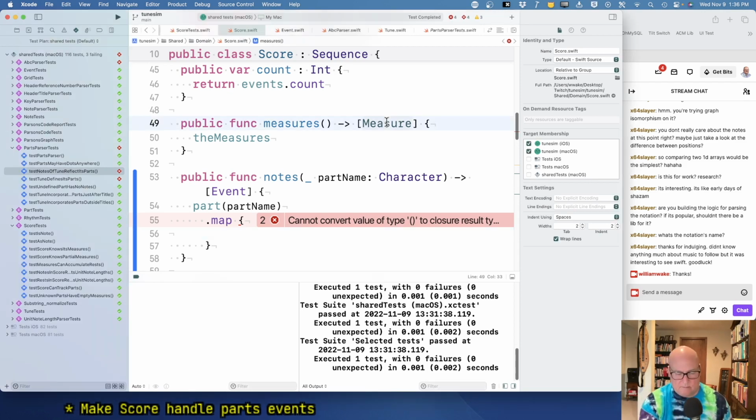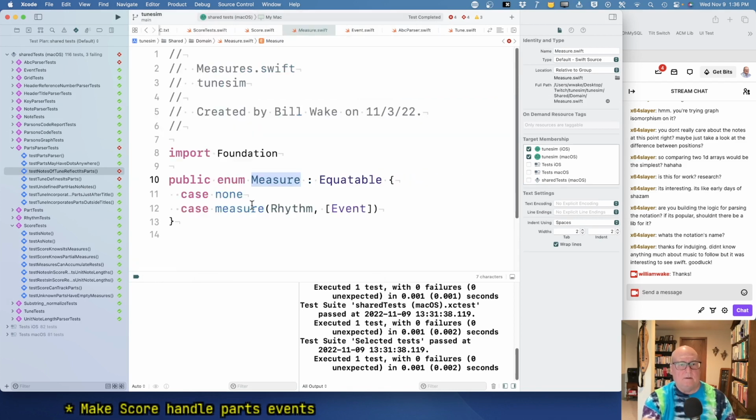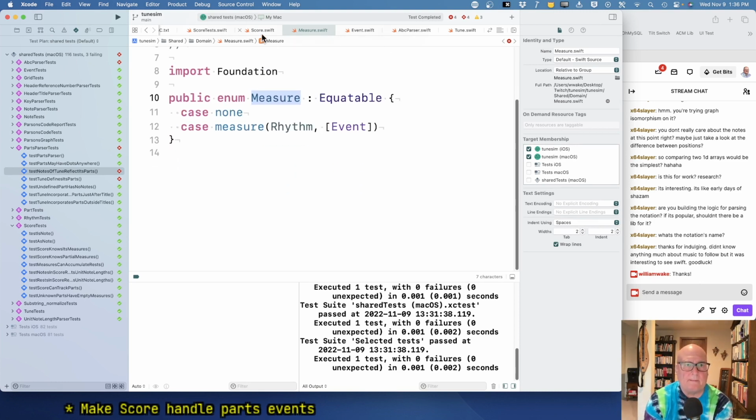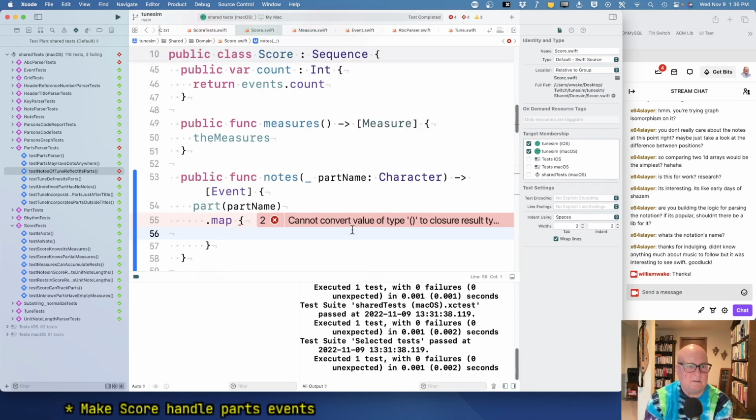Well, no. It's either none or a measure. I think I just want the events. Okay, so this is a measure